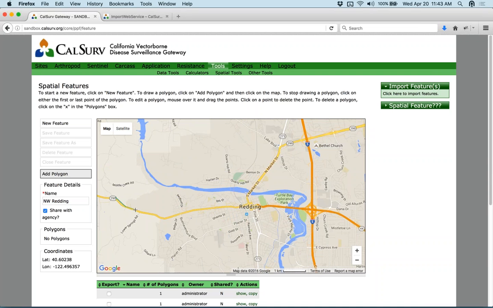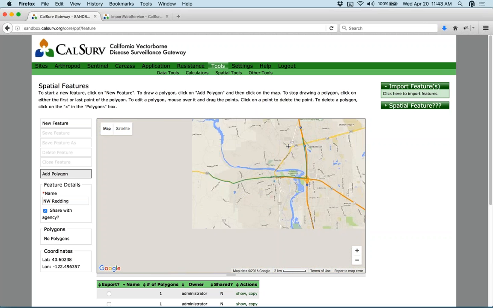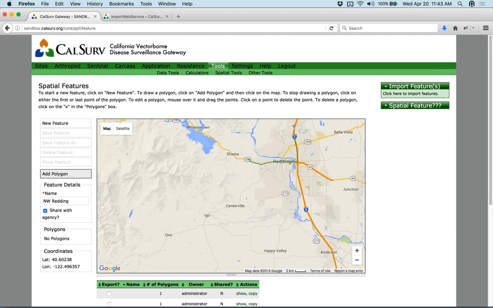Usually you want to be detailed enough so that the divisions will be right in the end. Not going to be quite as careful on the webinar as I would be if I were doing this in reality. But you can put as many little vertices as you want, be as detailed as you want. Zoom out a bit, keep drawing. So let's say that's my